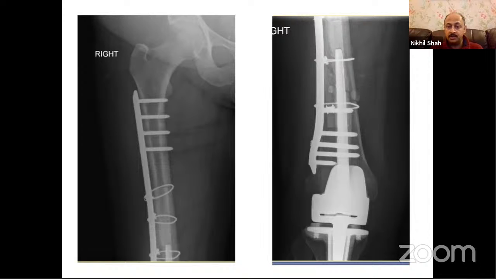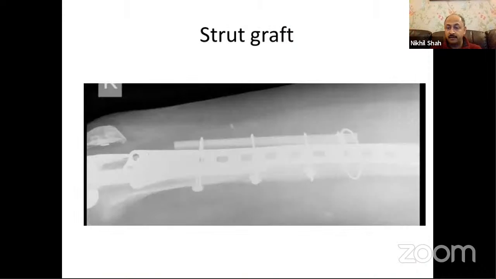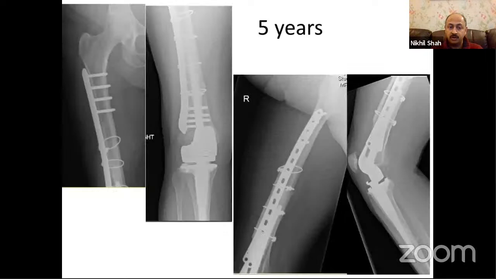So this was the fixation that was achieved. And what I like to do anteriorly is to put a strut graft. I'm not a big fan of the second plate because I've seen a lot of problems with the second plate. It often devascularizes the fracture and it causes a lot of stress shielding in the zone of the fracture. So I prefer to use strut grafts, and I've used about 22, 23 of these with a good long-term follow-up, and we are hoping to get it published soon. So this is what I tend to do, use a strut graft. We have it on the shelf, and there is a particular method by which I prepare the strut graft. And you can see at 5 years, the fracture has healed, the strut graft has healed, the prosthesis hasn't loosened, and she has excellent function.